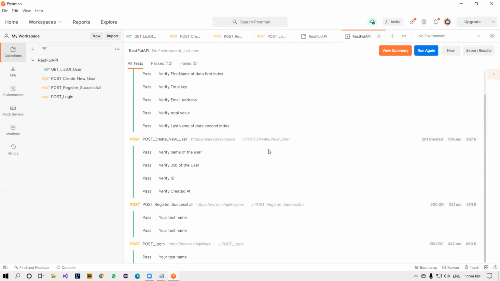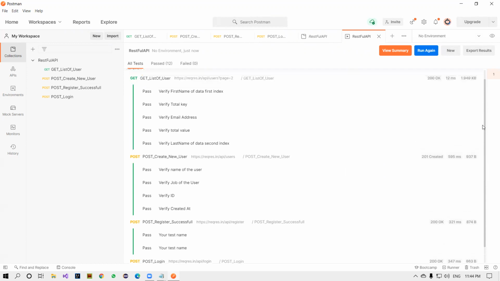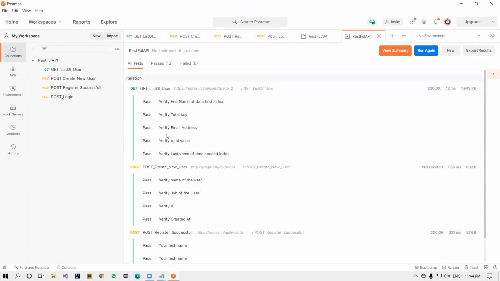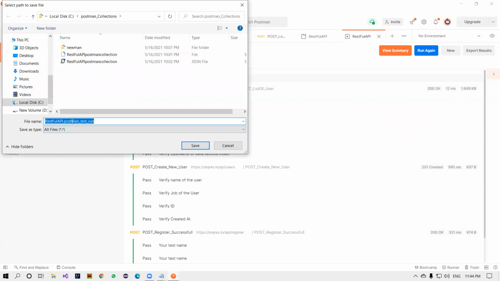Here it is a bit difficult to read the content properly. You can read carefully, but for the end user, if you want to show the report to the customer, it's going to be difficult. So you can export the report. This report is in the form of JSON. This is also easy to read, but I want to make it more readable in the form of HTML. Let's see that.